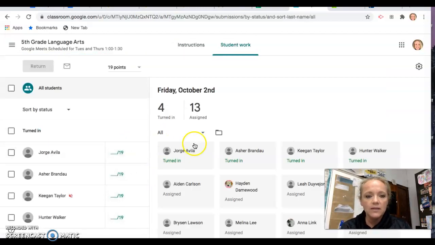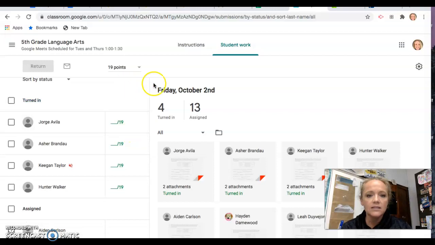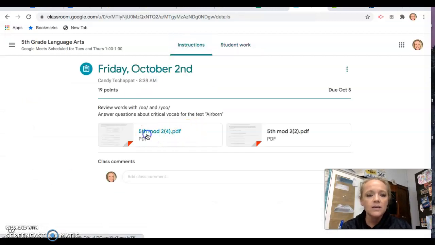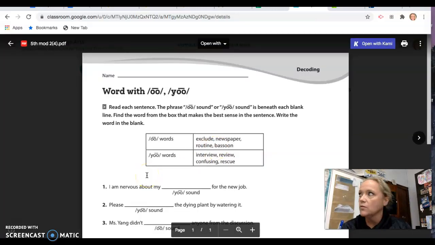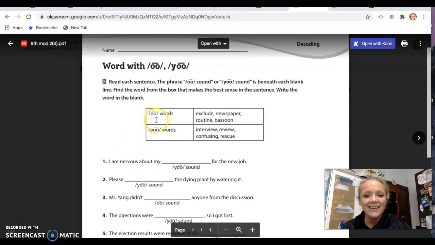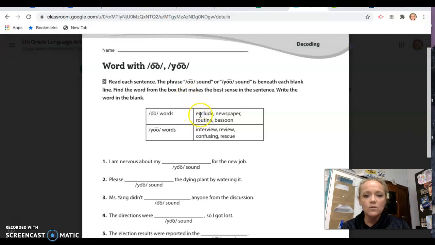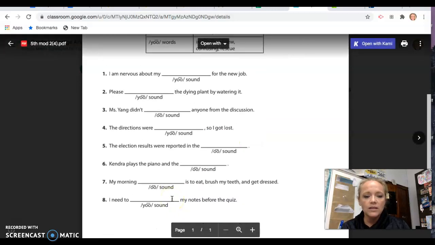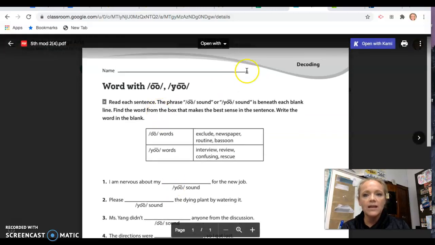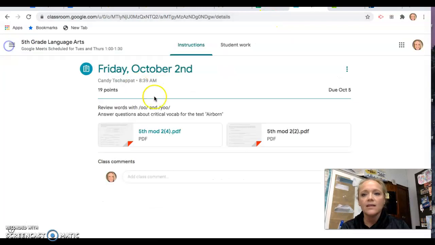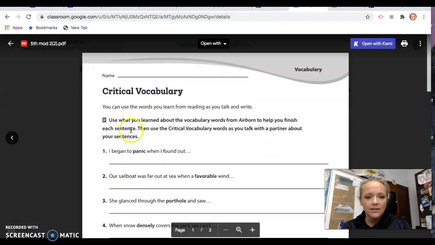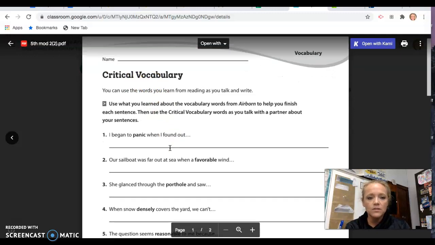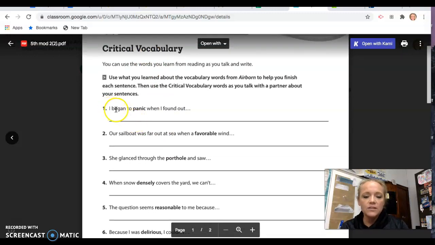When you click the assignment, you can see that, oops, that's the wrong place. You can find the PDF for the OO and U right here. And all you have to do is use the OO words and the U words to put in the correct sentences for 1 through 8. And then on the other assignment, these are your vocabulary words from this story, and you just have to kind